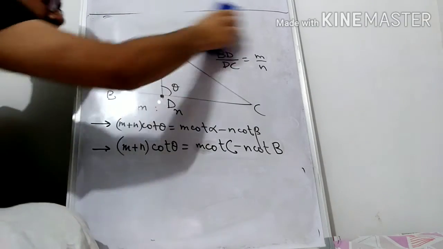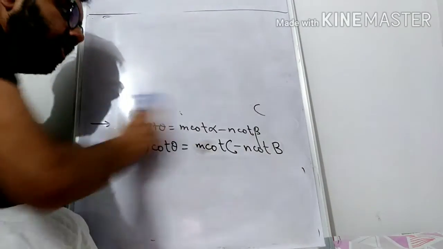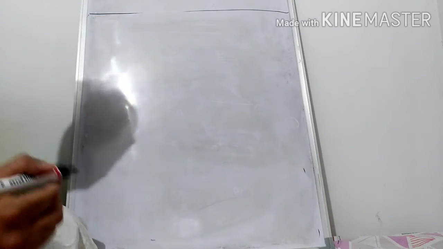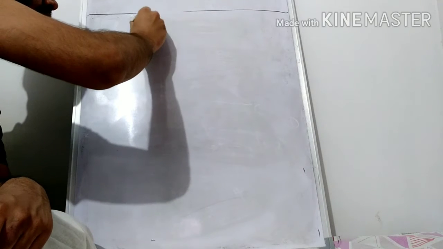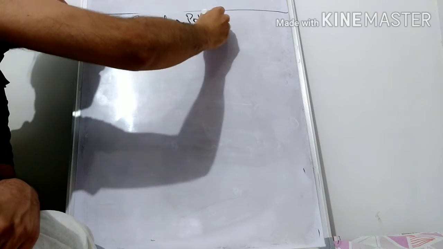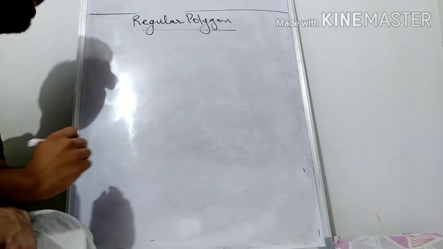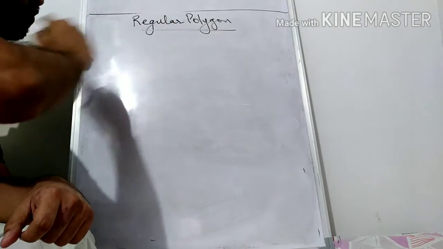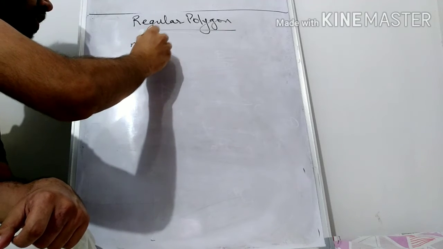Now continuing ahead, we have the third and final concept of theory which I will be covering in today's lecture, which is how we study a regular polygon. Basically a regular polygon denotes a polygon which has equal sides and equal angles. So suppose we have an n-sided polygon,